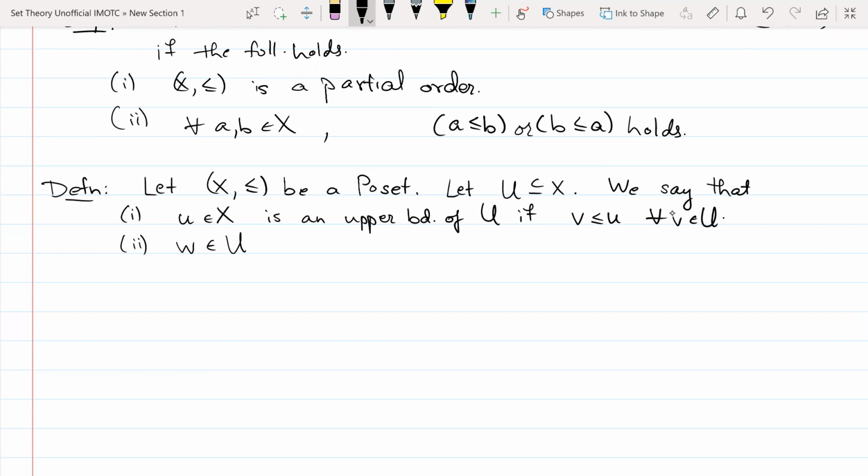An element belonging to U. Okay, the same setup. Let X, less than or equal to, be a partially ordered set. Let capital U be a subset of X. Then an element W of the set U is called a maximal element of U